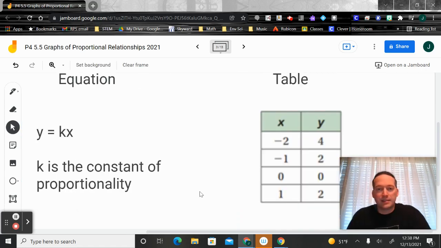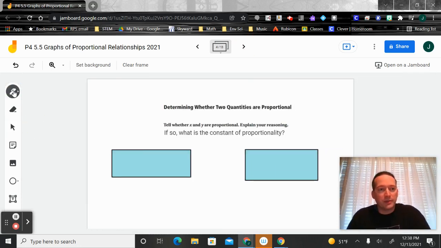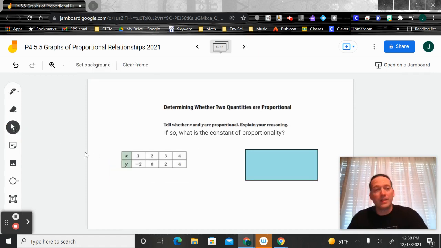And finally, the last way is to find it in a table. Hint, this one's not proportional, but that's okay. So we'll look at all three of these as we go through. The first one we're going to look at is a table. A table is really simple. And a relationship is proportional